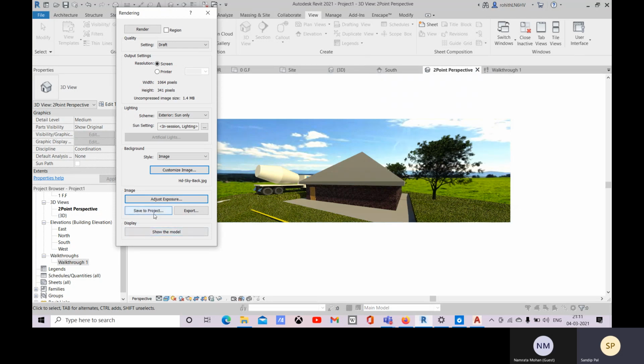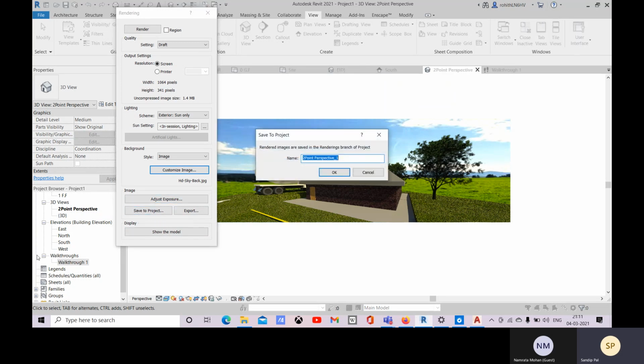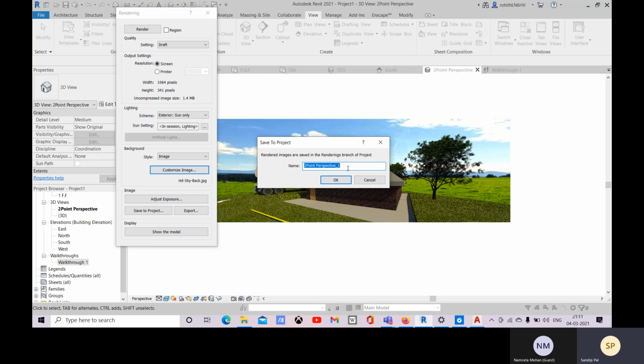Okay. Now after that, if you want to add this image within your project, then go with save to project, and within that there will be one rendering window, or within these 3D views this image will be added. So for that, what you can do is perspective rendering.